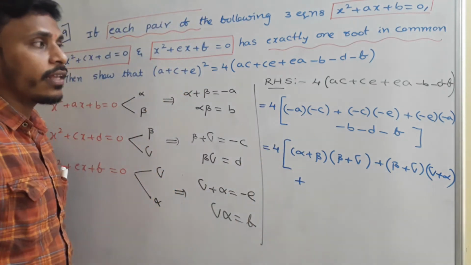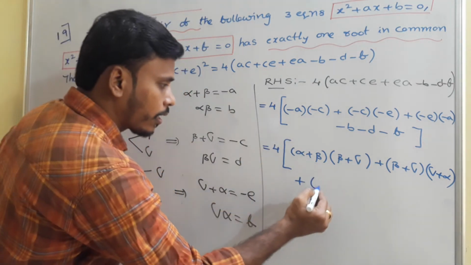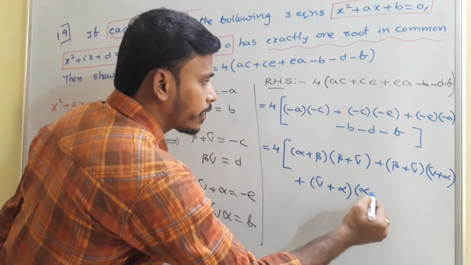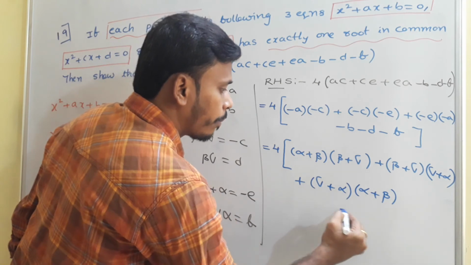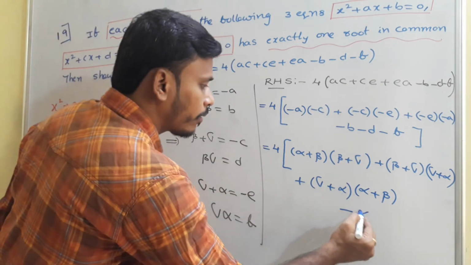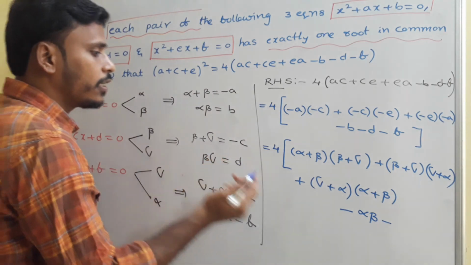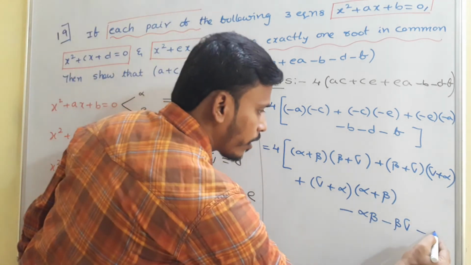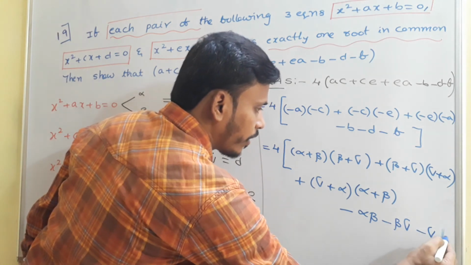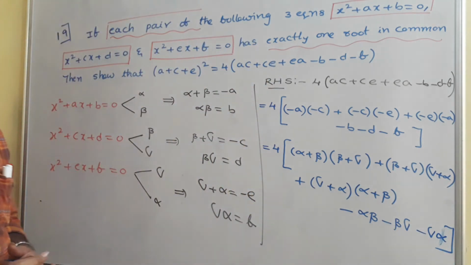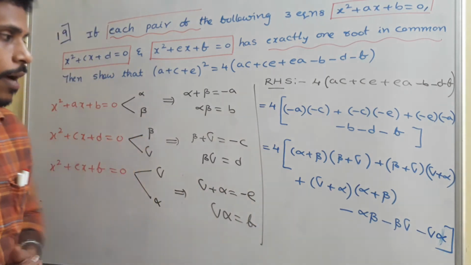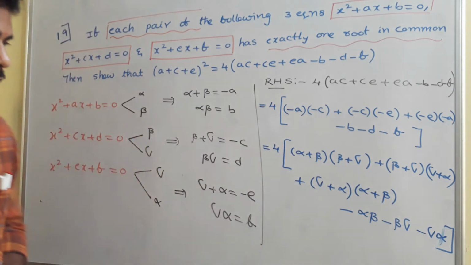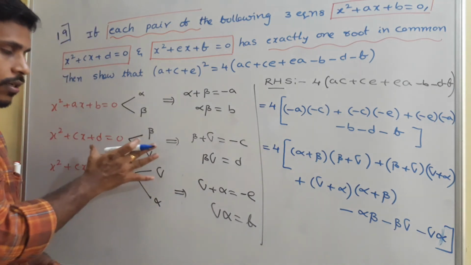Plus minus E and then minus A, minus E is gamma plus alpha, minus A is alpha plus beta. Okay, minus B. B is alpha beta. And then D is beta gamma. And then F is gamma alpha. So you just replace everything with alpha beta, beta gamma, gamma alpha, alpha plus beta, beta plus gamma, and gamma plus alpha. Okay, so we need to further simplify this. Because of the space, I will erase this. Okay, you just keep this in mind.